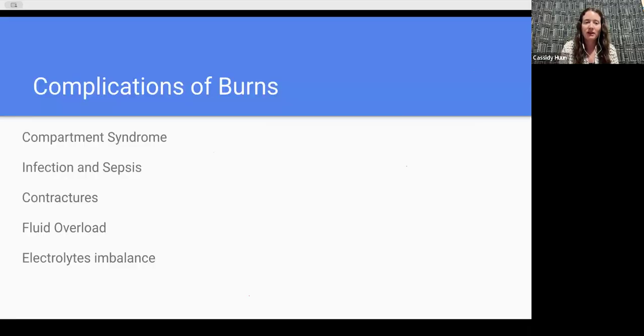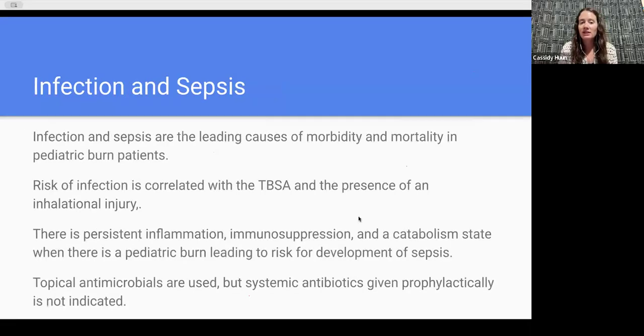All right, I'm going to quickly go through complications of burns. I know we're running out of time here, but I just want to mention these things quickly. Infection and sepsis are what the majority of our burn patients are going to really struggle with. It's the leading cause of morbidity and mortality in pediatric burn patients. The risk of infection is directly correlated with the TBSA of the burn and the presence of an inhalation injury. The reason that infection